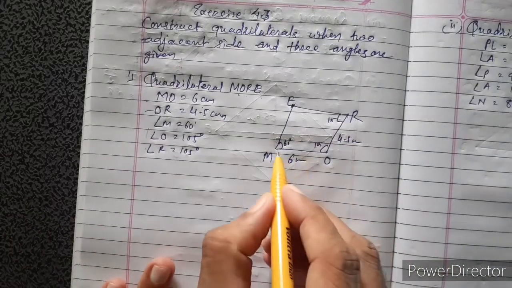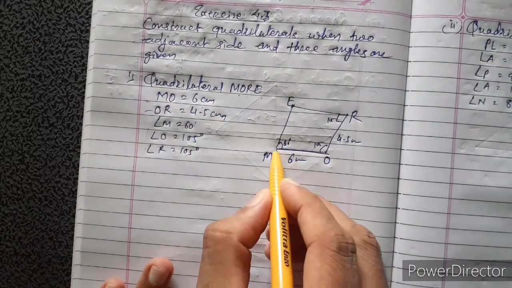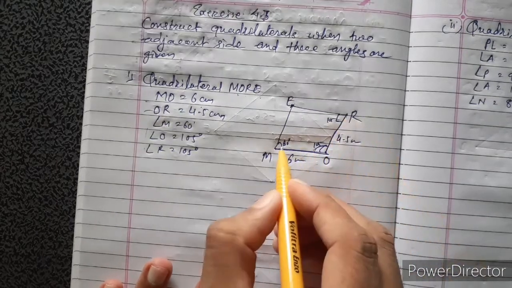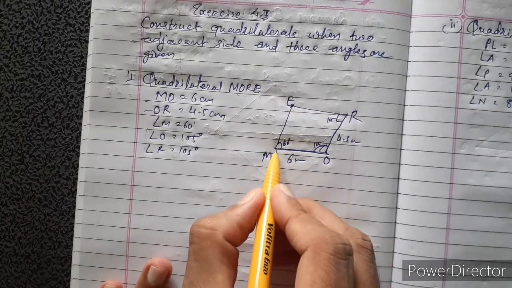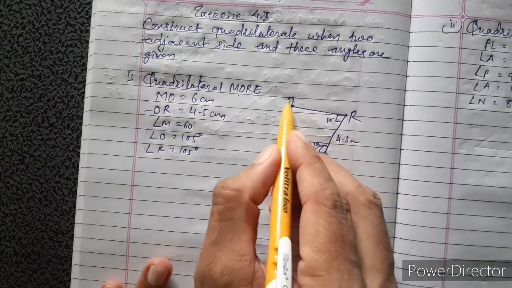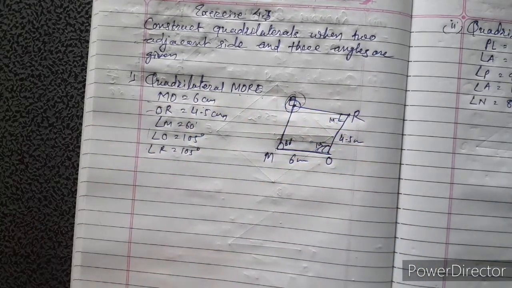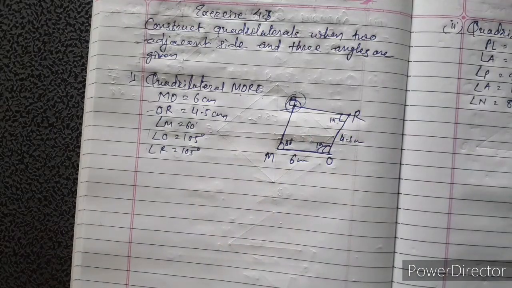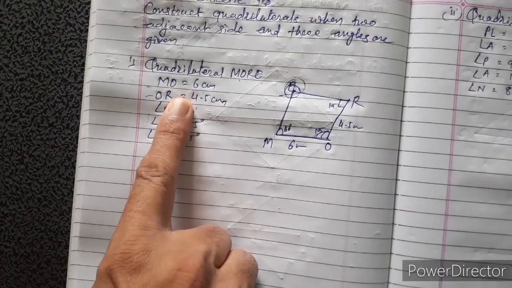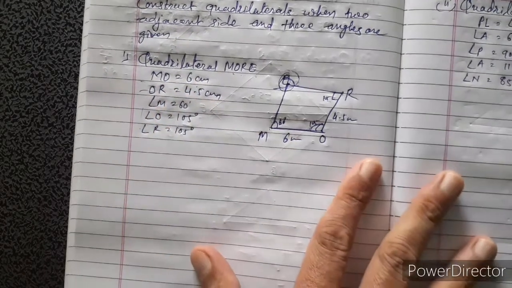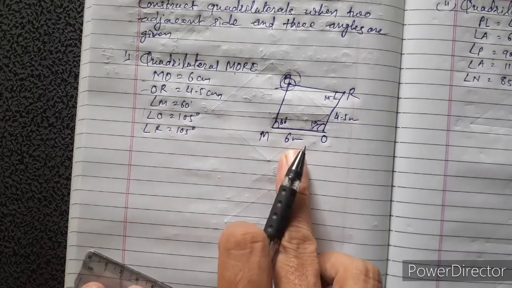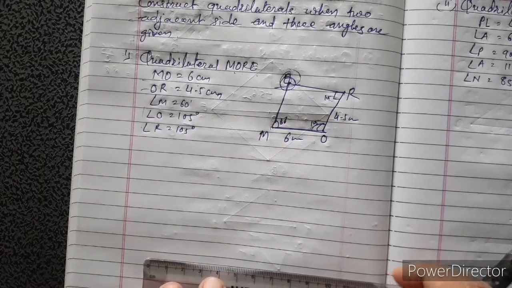So what to do? First we construct MO, then at 105 degree we construct OR. Then draw a 60 degree angle from M and 105 from R, and the intersecting point is our fourth point, the last point. When two adjacent sides are given, we always start with the side. Measurement is 6 centimeter, so you just construct here